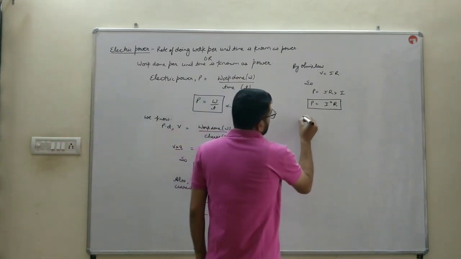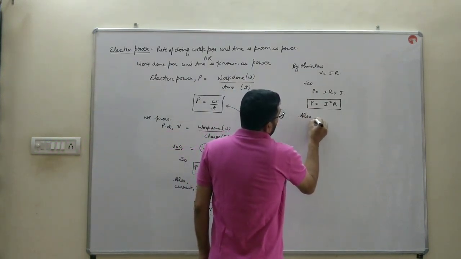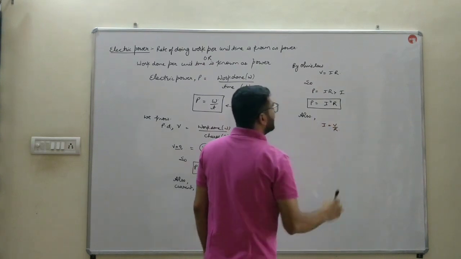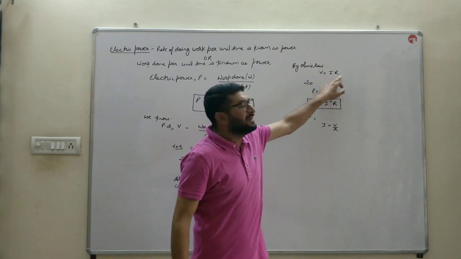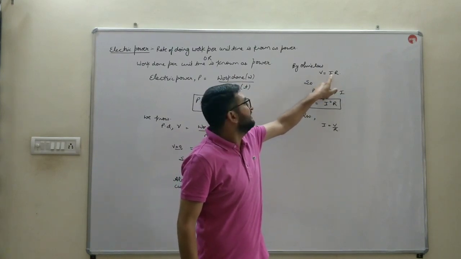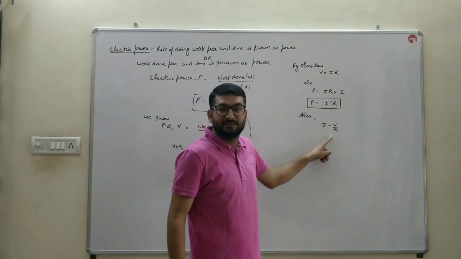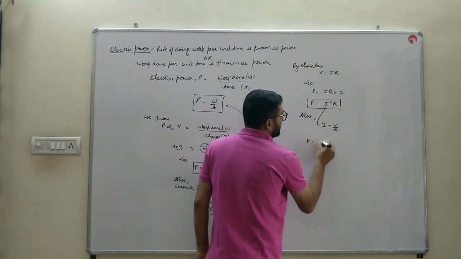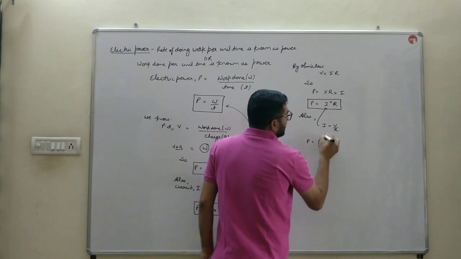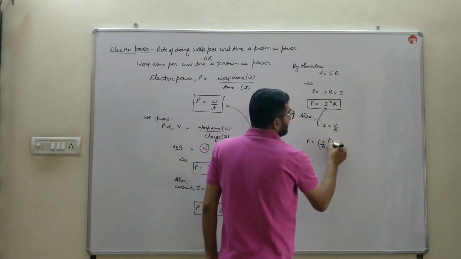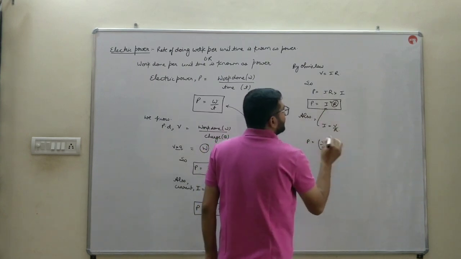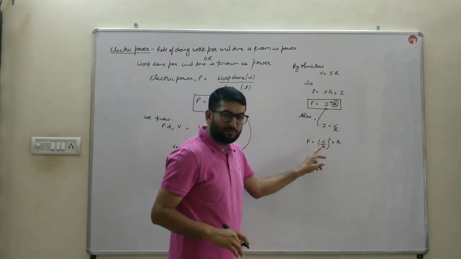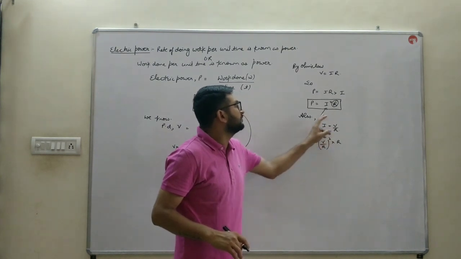Next one. Also, from Ohm's law, we know that V is equal to IR. So I will be equal to V by R. Put the value of I into this formula. Now the power will become, in place of I comes V by R, so the square of I will be the square of V by R, and R is already multiplied, so below it as it is. In place of I, children, we fit V by R, and the square of V by R will be there.